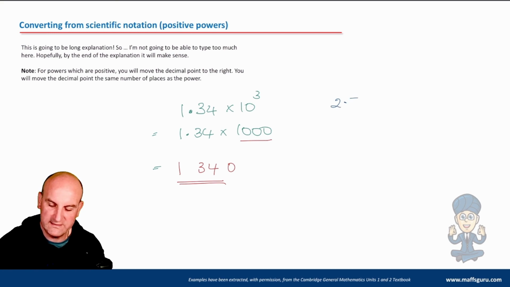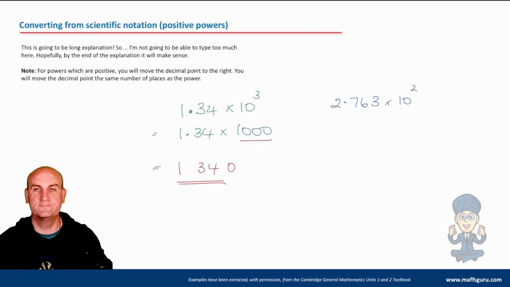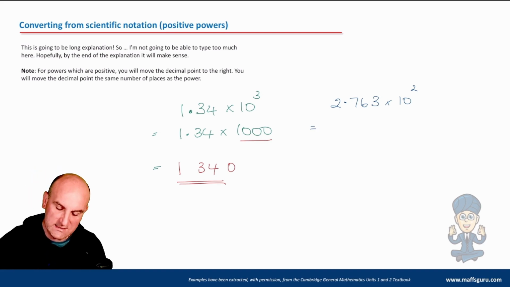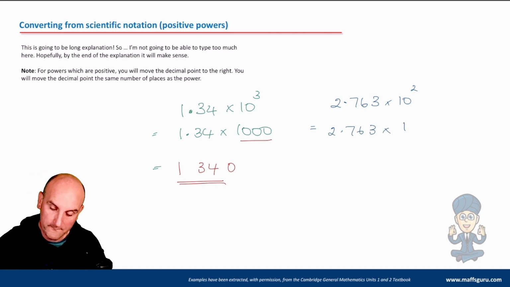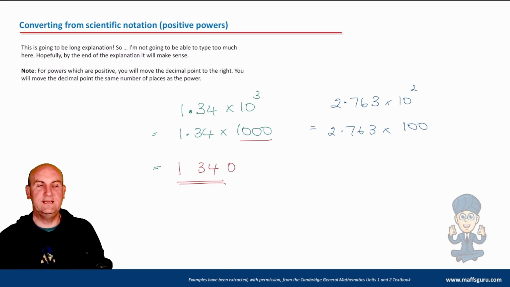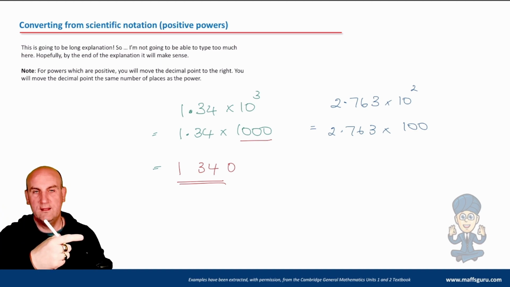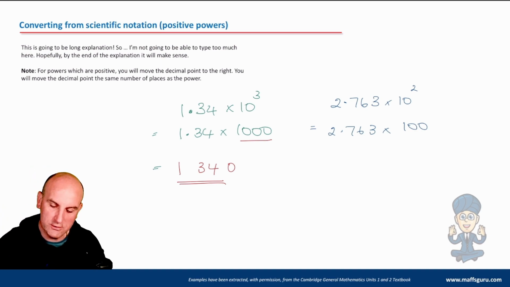So 2.763 times 10 to the floaty 2. Right, so that's going to be the same as 2.763 times 100. All right, so how many places am I moving my decimal point that way? 2. Why do we do it 2? Because that floaty 2 tells me to. And so again, I'm going to jump it 1, 2 places. That means it's going to end up between the 6 and the 3. So I've got